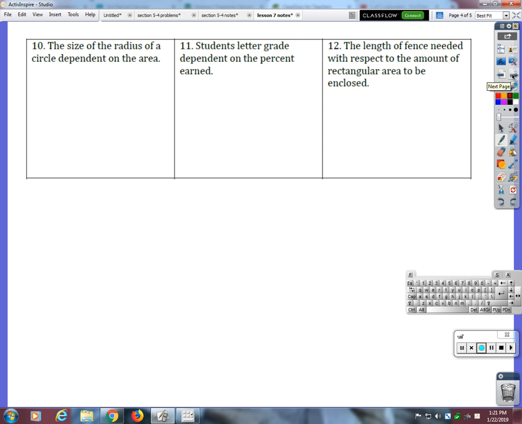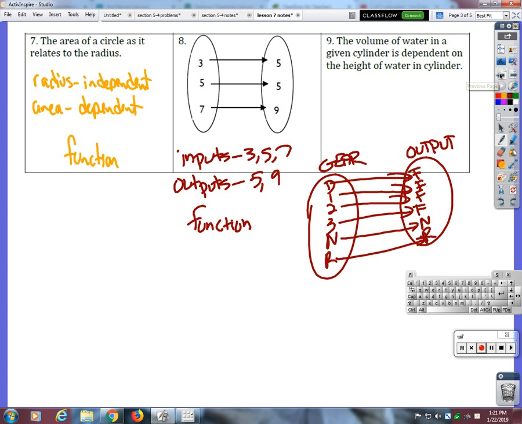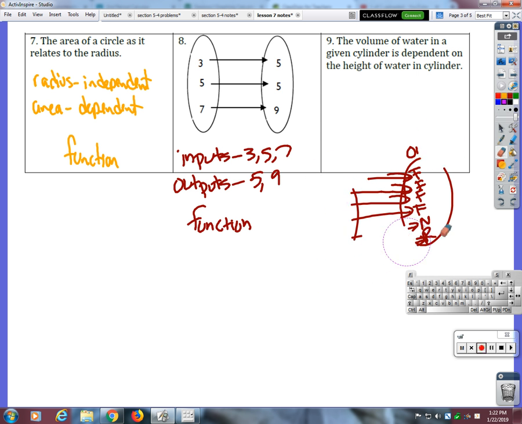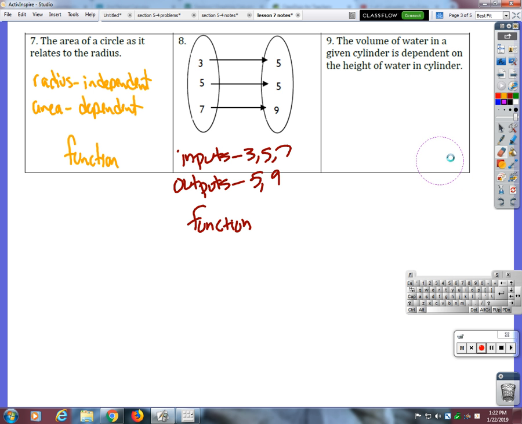All right, number 10, the size of the radius of a circle dependent on the area. Why did they change? Oh, did we skip 9? Oh, okay, sorry. Let's not skip 9. Okay, the volume of water in a given cylinder is dependent on the height of water in